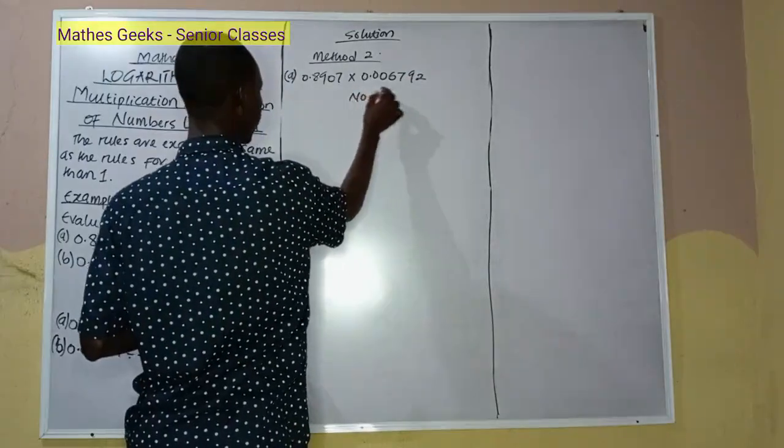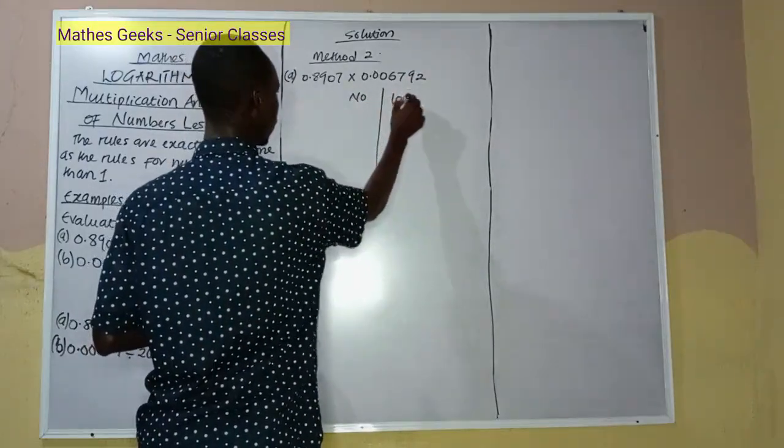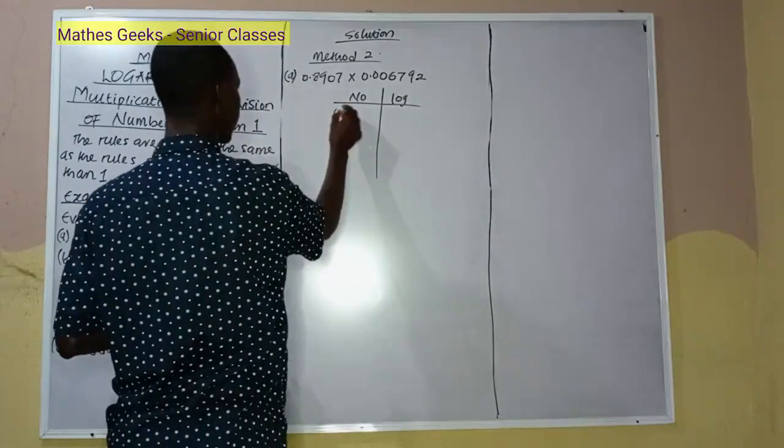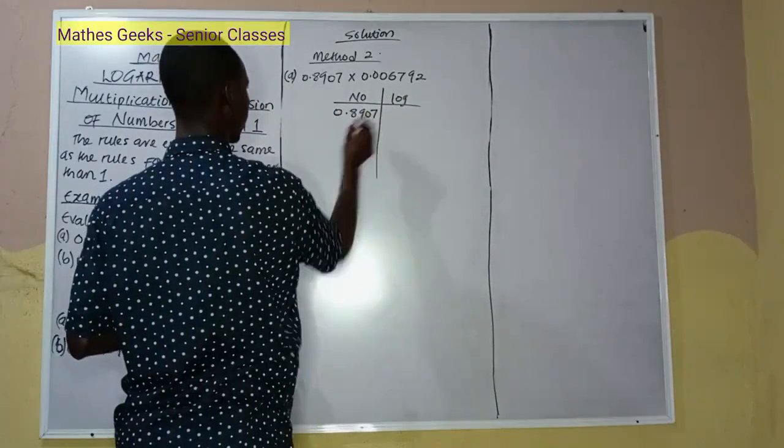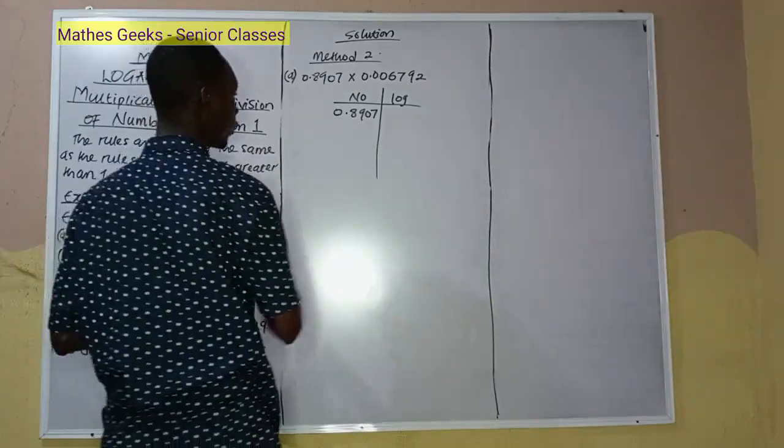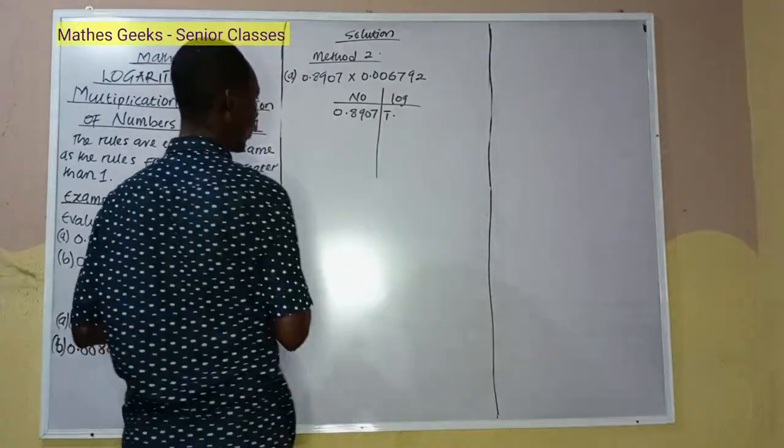Let's find the log of 0.8907. Our characteristic will give us